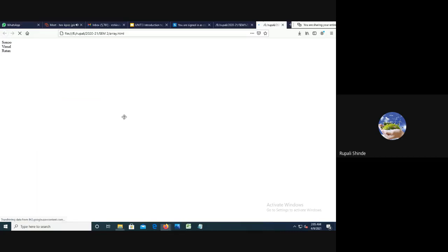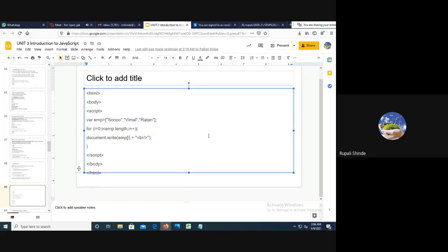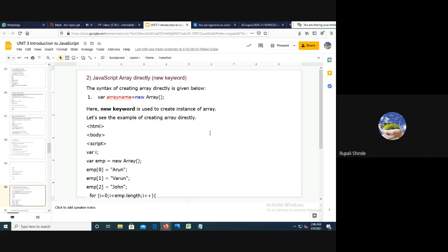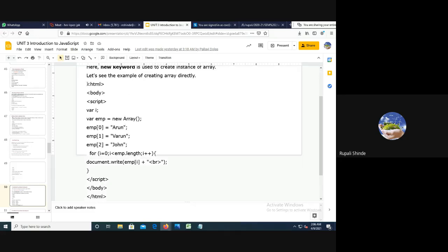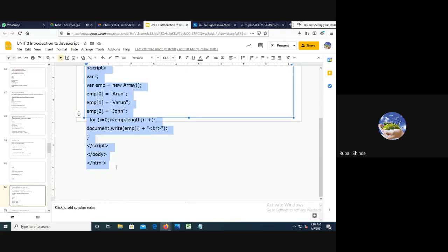Okay, the value is going to display. Now we have to execute the second part by using array instance or array directly, to copy it in the same code.